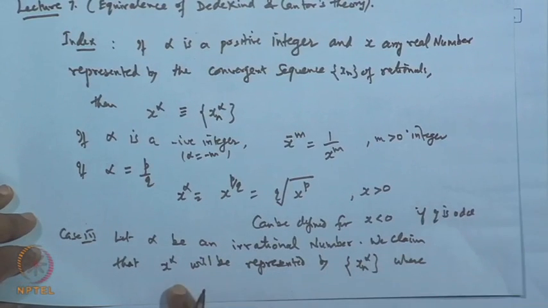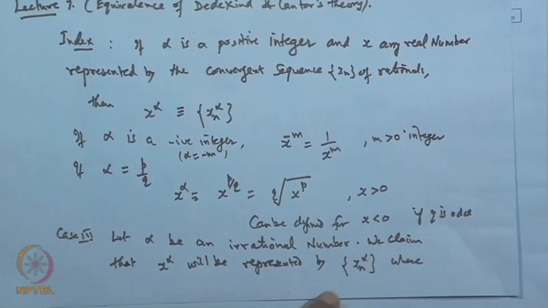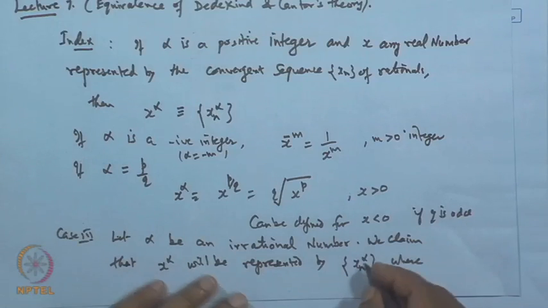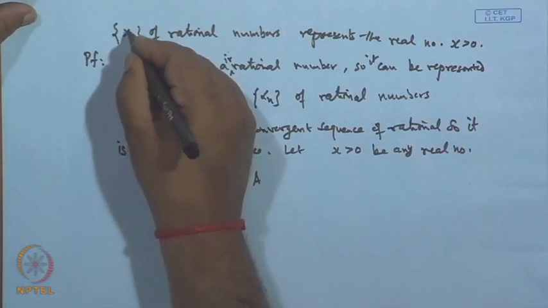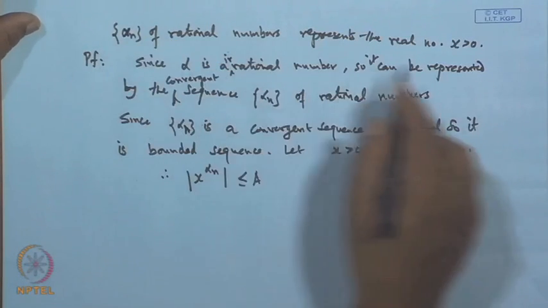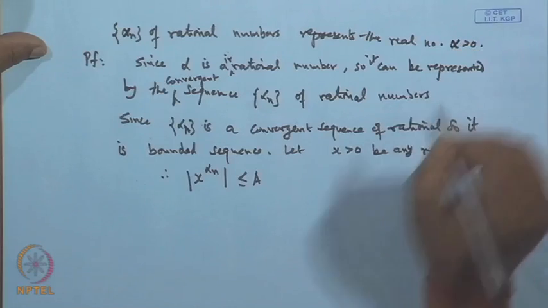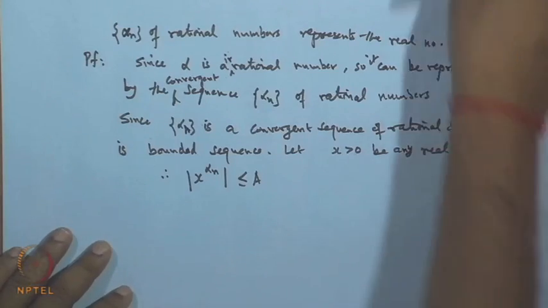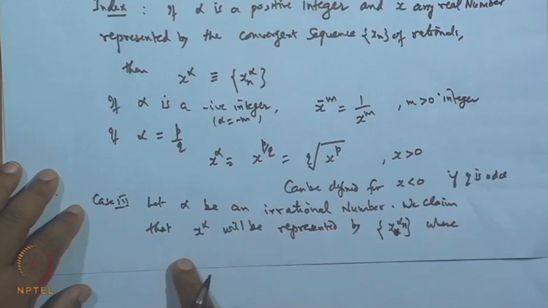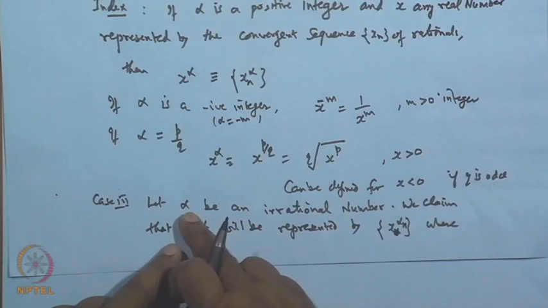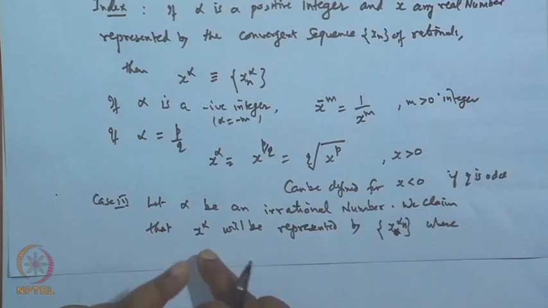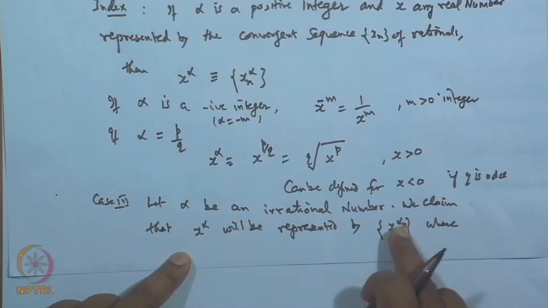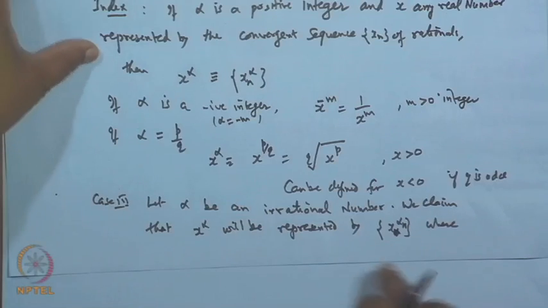Let alpha be irrational. We claim x to the power alpha will be represented by x to the power alpha n, because we are choosing alpha n, for the sequence alpha n of rational numbers representing the number alpha. What we are doing is x is any positive number, alpha is irrational. So, corresponding to alpha we are getting a sequence alpha n, x is fixed, so x to the power alpha